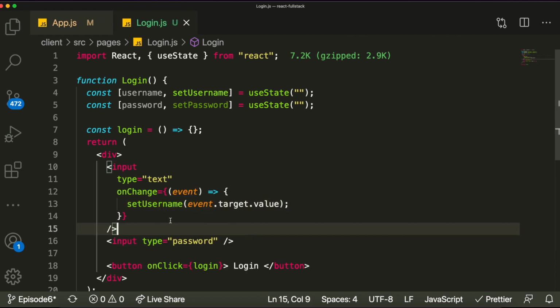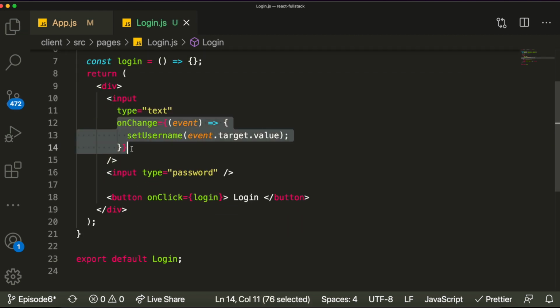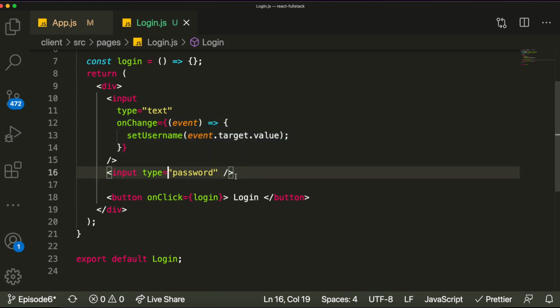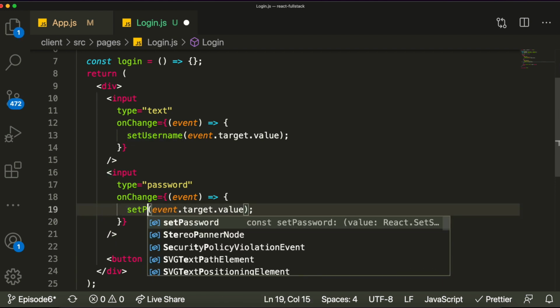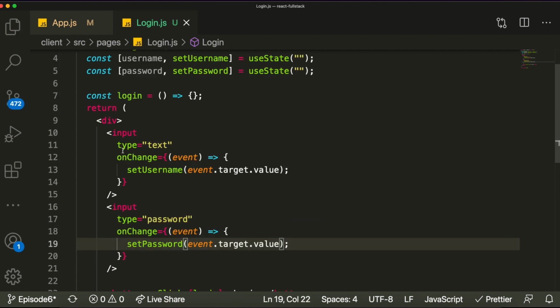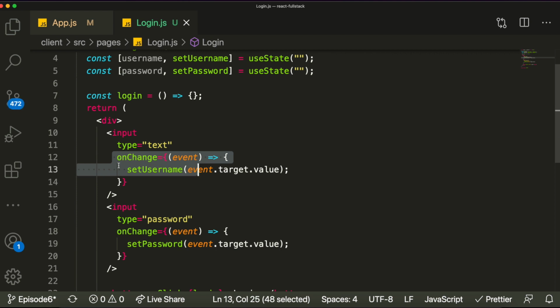I went over this in the previous video. Basically, we're just setting our state to be equal to whatever exists inside of our input right now. And we're going to do the same for the password, but we're going to change this to set password. And now when we write on our input, we should be getting the values from the input and setting it